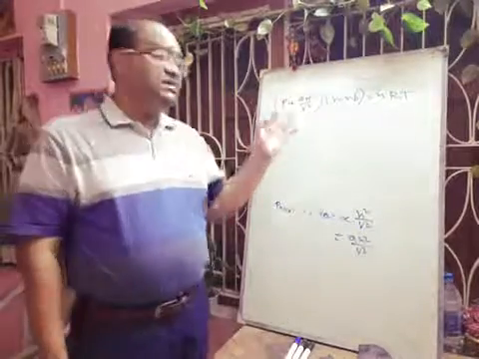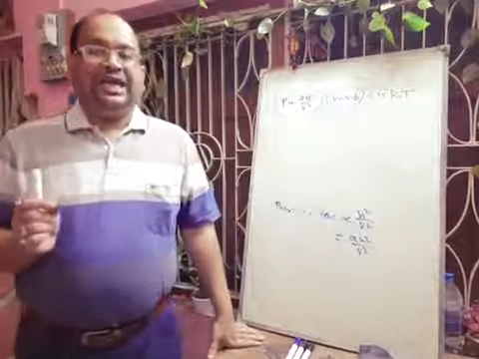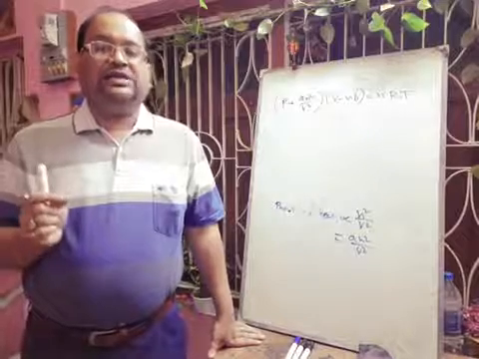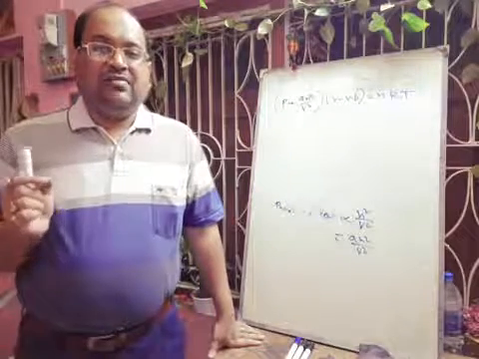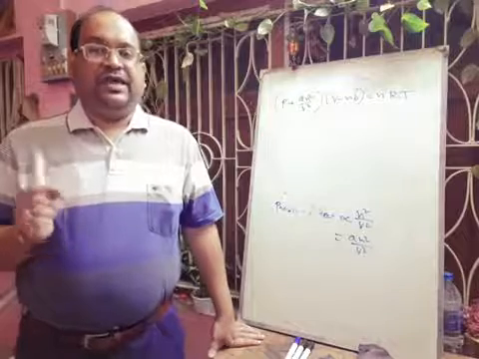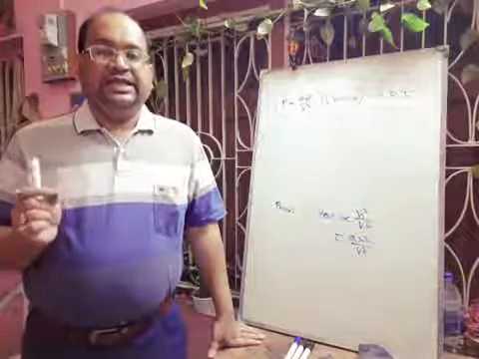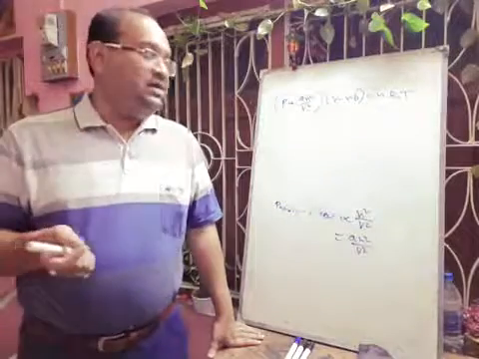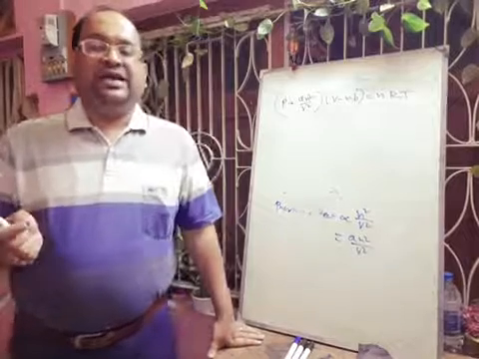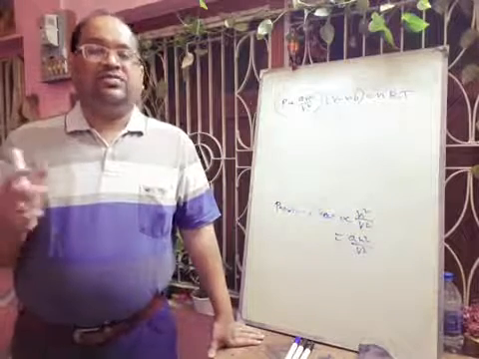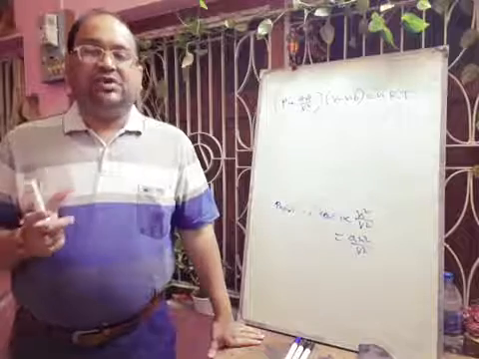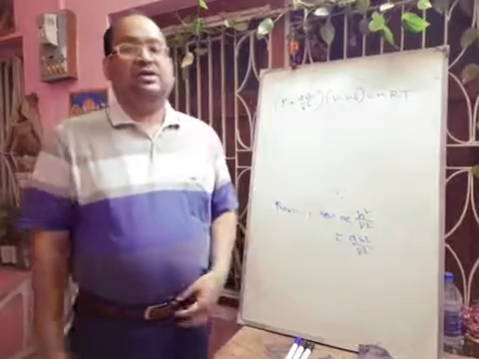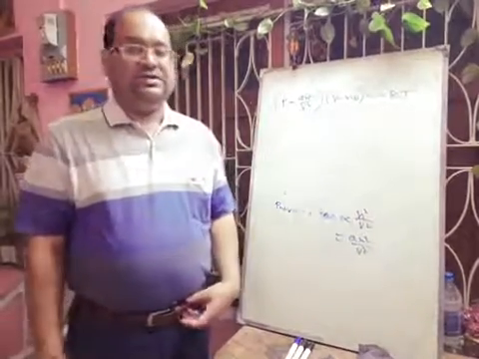Now what is the significance of a? The constant a is related to the intermolecular attractive forces. The greater the value of a, the stronger are the intermolecular attractive forces. If the value of a is high, then the gas can be liquefied more easily. Next one is b. The constant b is related to the size of the molecule, and the larger the size of the molecule, the larger is the value of b. So these are the significance of the Van der Waals gas constants a and b.